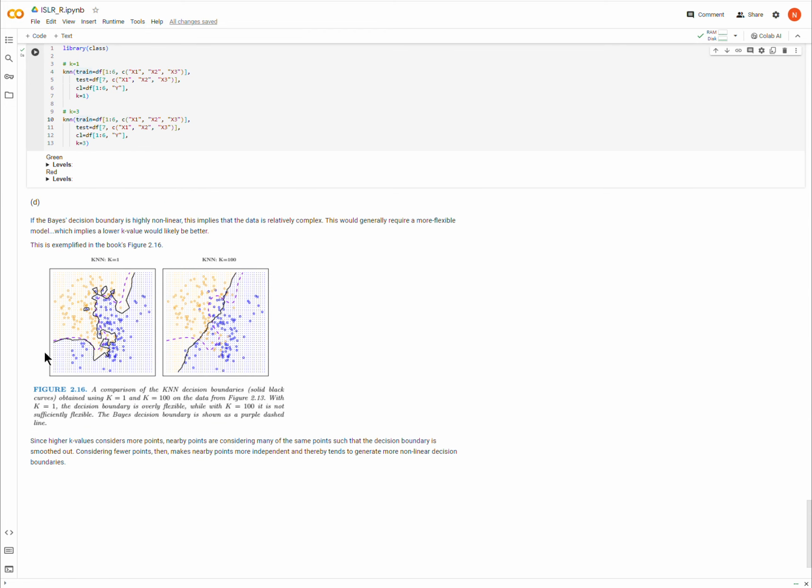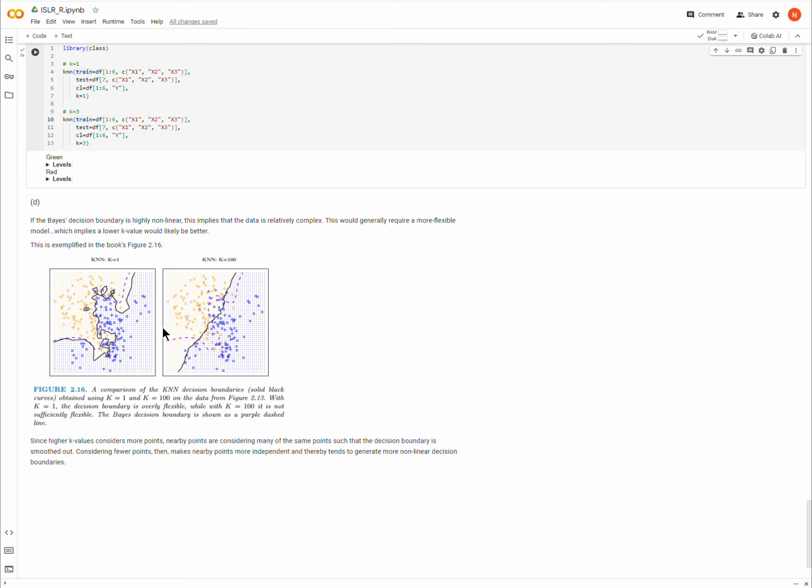Well, we'll get to this figure in a second, but just to think through it, if the Bayes decision boundary is highly nonlinear, it means that it's probably reasonably complex. And we already know from every other question in this chapter as well as the book that highly nonlinear or complicated relations in data require a flexible model, and a flexible model in k-nearest neighbors translates to